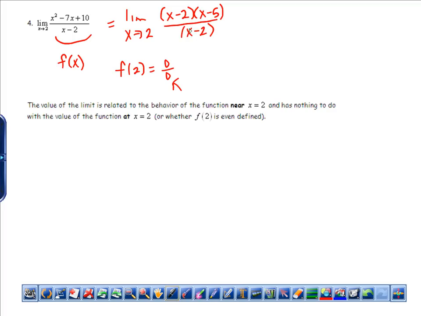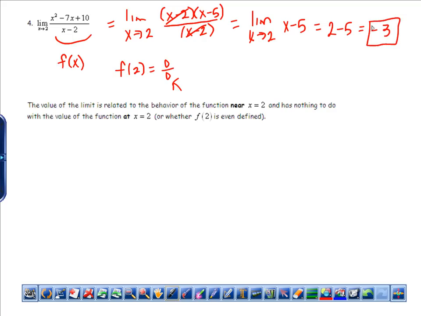Okay, and I can clearly see that was what's causing the hole. So it wasn't really an asymptote, which would be a whole other thing, but we'll work our way up to that kind of thing. And so really what I have here is the limit as x approaches 2 of x minus 5. So this looks like what it was on the first page, where we just plug in 2,